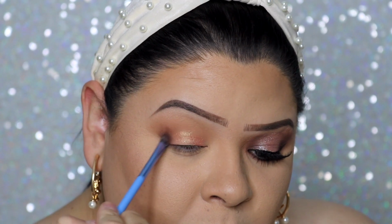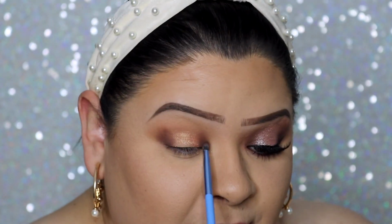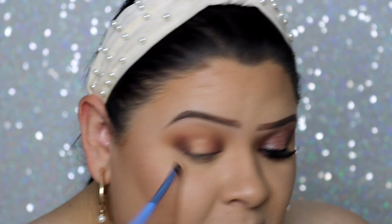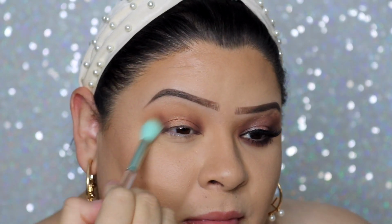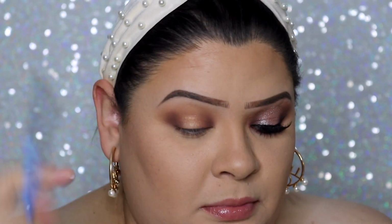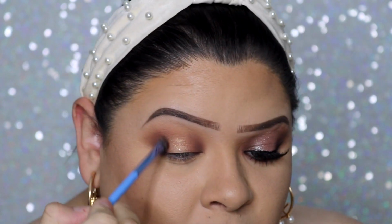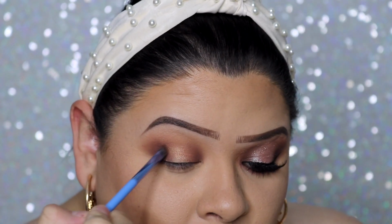So I decided to do the halo eye because lately it's the eye look that I'm on. I just can't get enough of doing this look. I love how whatever sparkly glitter shade you apply in the center, it just pops so nicely. So I decided to make this a halo eye, deepen up the outer and inner part of my eye with